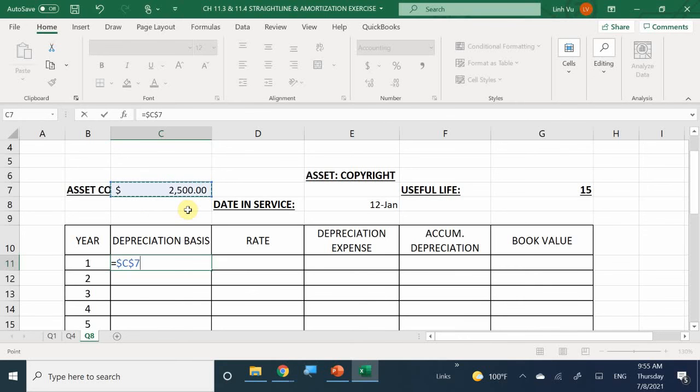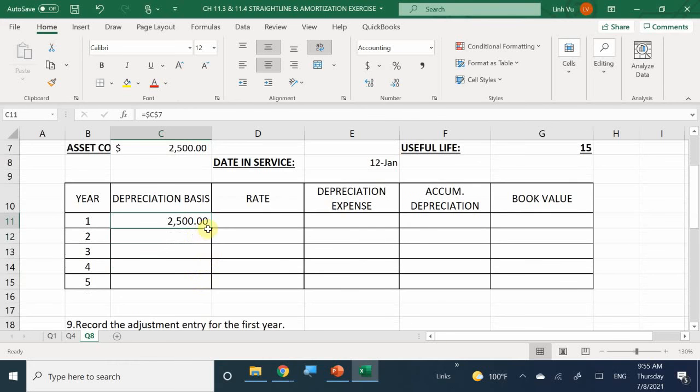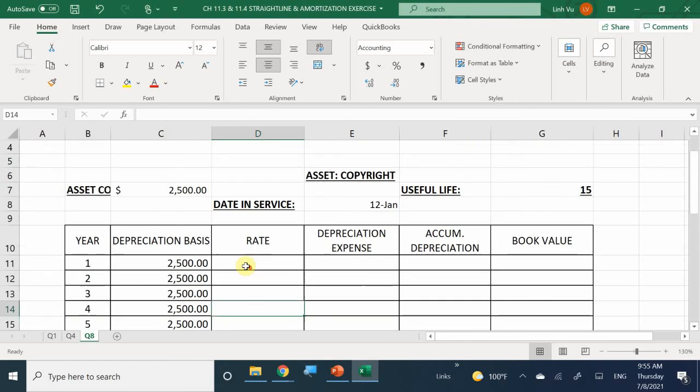2,500. 2,500. And because it's similar to straight line, our assumption is it's going to be the same. Okay? Now here, I'm not going to have you do all 15 years. I only want you to do the first 5 because at the end of the day, they're all going to be the same. So here, my rate is going to be